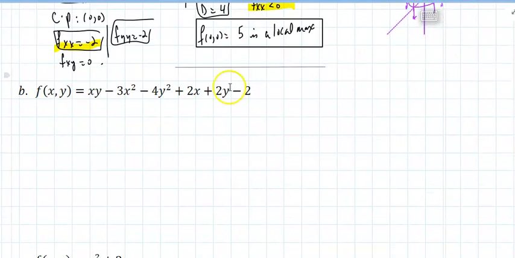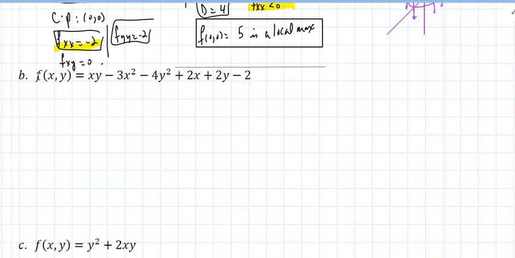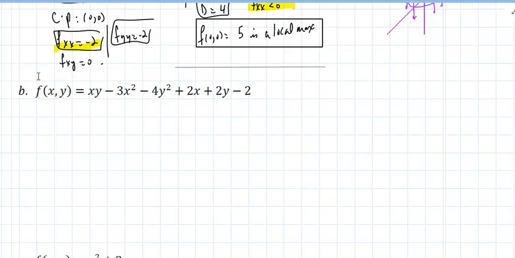Here's another function. I don't need to graph. I could graph it. I could go to GeoGebra and sketch a graph of this. Or I could just say, well, let's do it first and then we'll look after. So I need the critical points. Let's take f sub x. F sub x is y minus 6x plus 2. The rest is 0. And f sub y is actually x